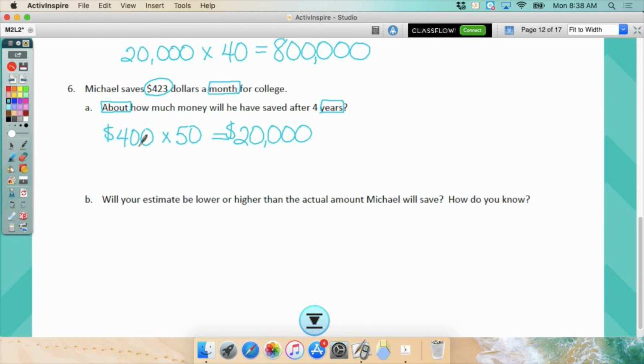Even though 50 is 2 higher than 48, that's quite a bit lower with $23 each month. Okay, so our estimate's a little higher than what he will actually save. And I'm not going to make you write that down. Should I? No. Okay, higher